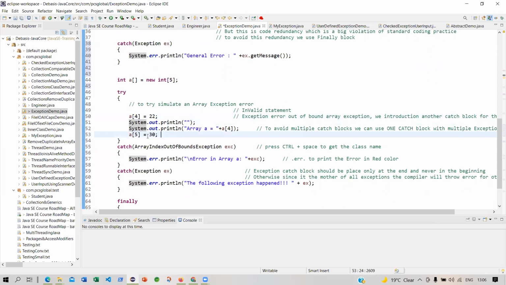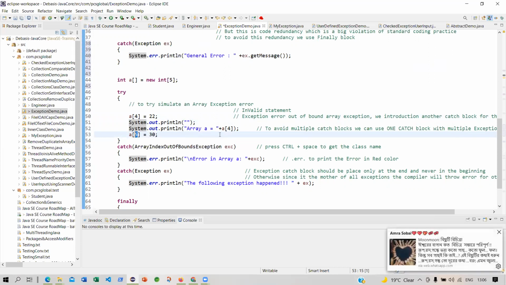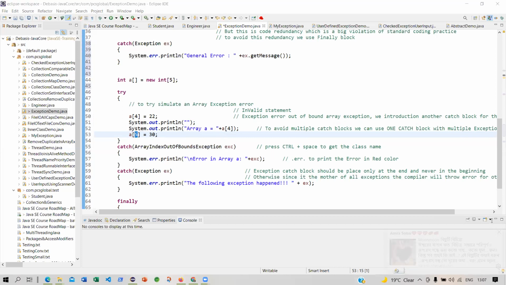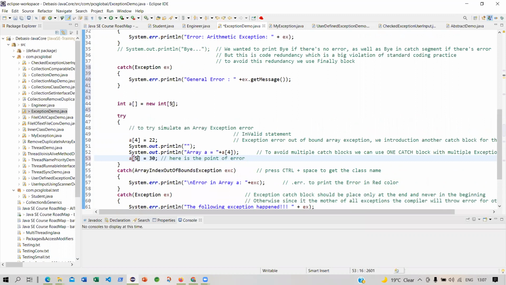because when I say I'm going to store 30 in the sixth element, because A5 is nothing but the sixth element, right? But can I do it in the sixth element? Is there any sixth element? So here there is a point of error. Are you getting me, or just not understanding the point? I am forcing an error here just to understand the topic. Why is there an error? Because I'm trying to store 30 in the sixth element of the array, but there is no sixth element.